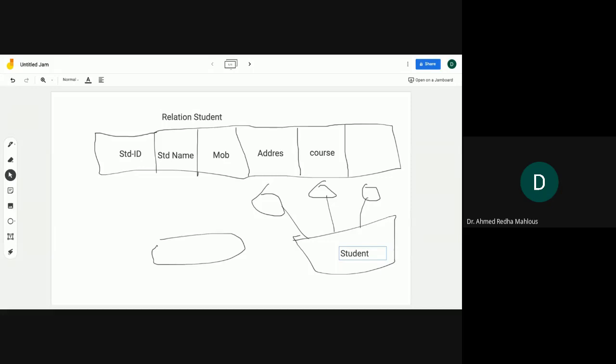Yes, Shabab? How can I collect them, Doctor, you mean? Yeah, on what basis did you decide that you will have an attribute called student ID? Based on business needs, from customers. From customers. Okay, you went to the university, you did some survey, you asked customers, you asked stakeholders, and you